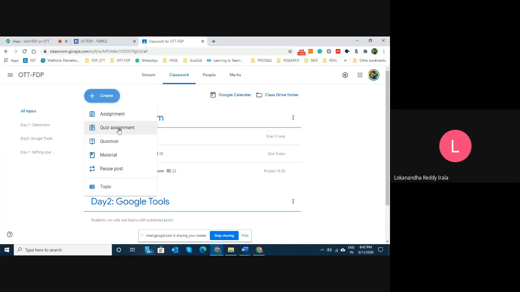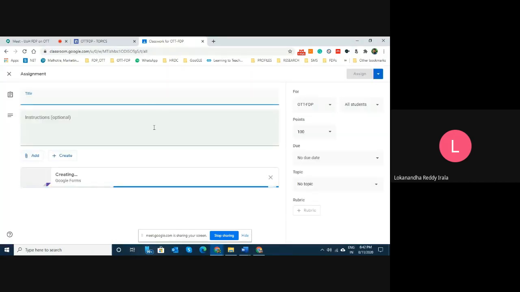So you can also create a quiz assignment. In a quiz assignment, generally what happens is it will create a Google form, right? It is a blank quiz that is being created. The moment you have taken a quiz assignment, I will spend some time here because it is related to Google Form. A little bit we'll get into it depending on the time. If we can't cover it fully, maybe Murugan will also throw some light on that tomorrow.